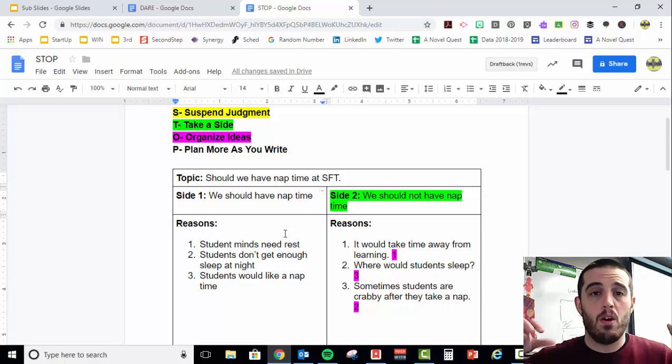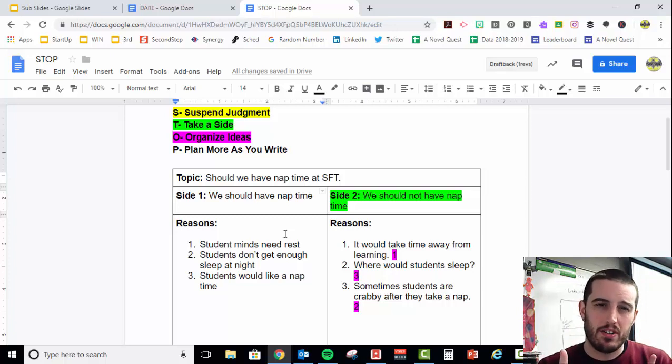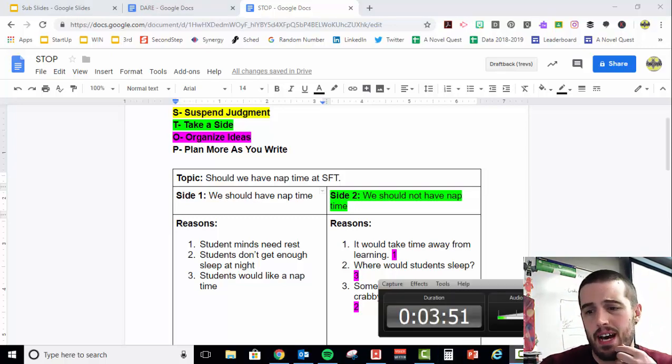Okay? So you're brainstorming one idea that you would like to see change in the world. Now, you're allowed to change your idea if you want to. So think about it. Think about the one that will have the greatest impact. So that's it for this review of the STOP strategy.